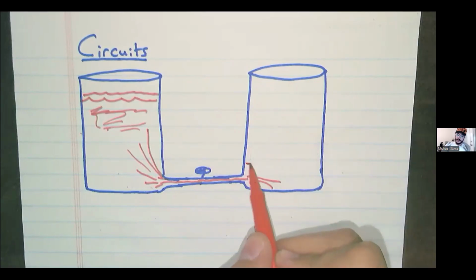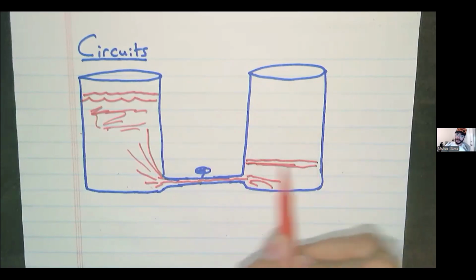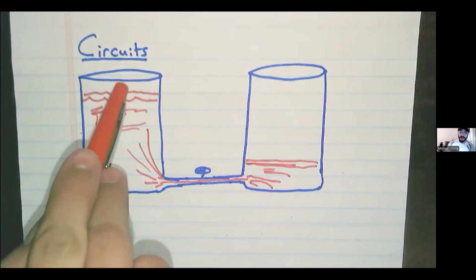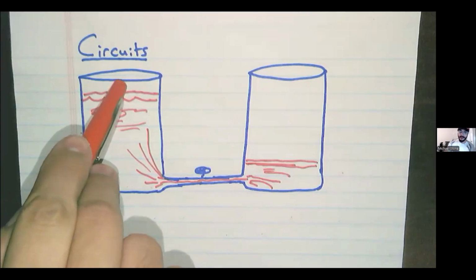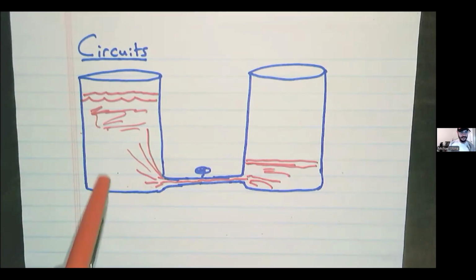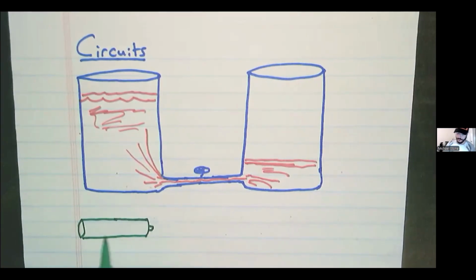No. They reach equilibrium. It is when there is no difference between the two in terms of water pressure that the water will stop moving. Water does not go from high concentration to vacuum and leave behind a vacuum. It equalizes. Now, imagine instead that we have a battery with a positive and negative terminal.